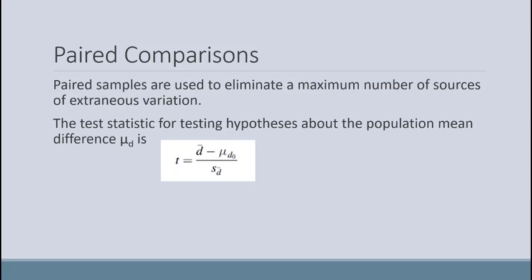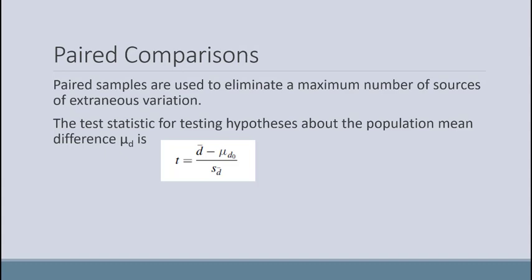Second, crossover trials in which individuals are randomized to two treatments, and then the same individuals are crossed over to the alternative treatment. Third, matched samples in which individuals are matched on personal characteristics such as age and sex. The fourth is duplicate measures on the same biological samples. And the last is any circumstance in which each data point in one sample is uniquely matched to data points